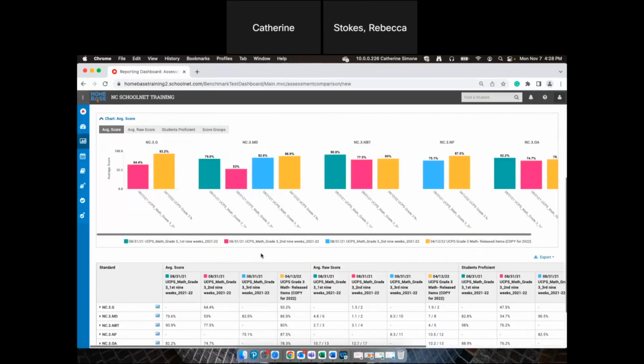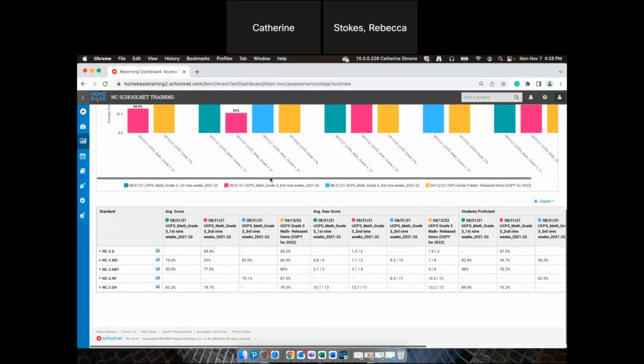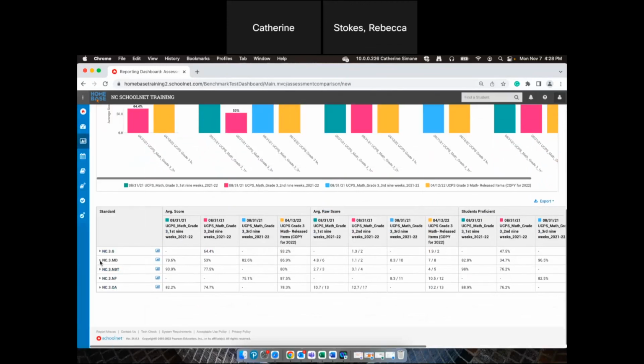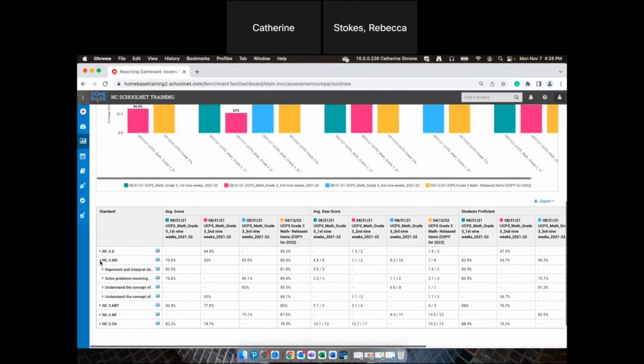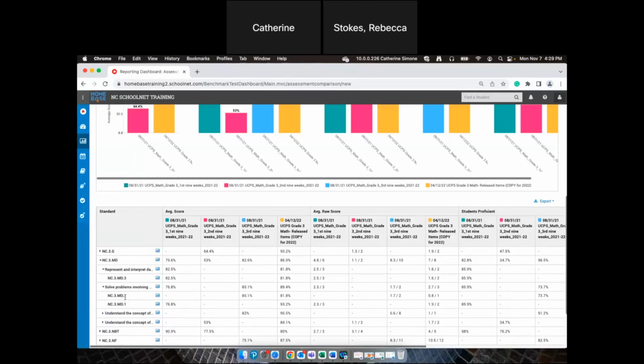Okay. And if I am looking at that, I can use this chart here. I like to go down here. I can open up that measurement domain. I can see the individual standards and click each one and open it up. So there's solving problems, etc. But I can see